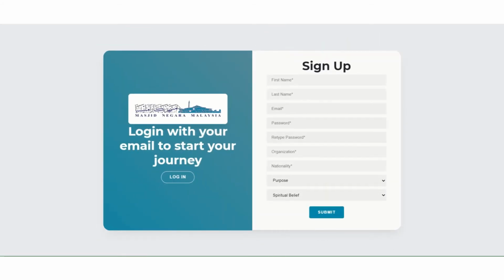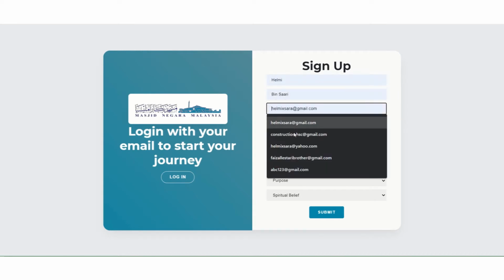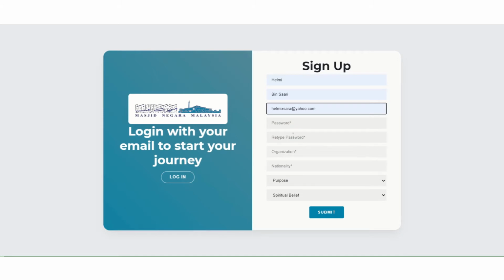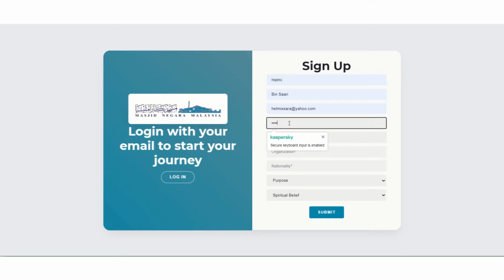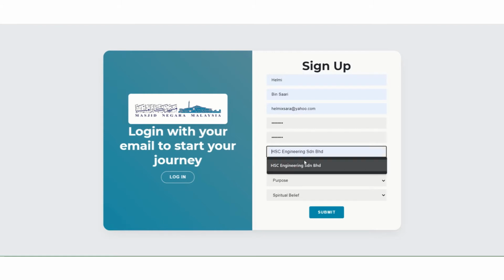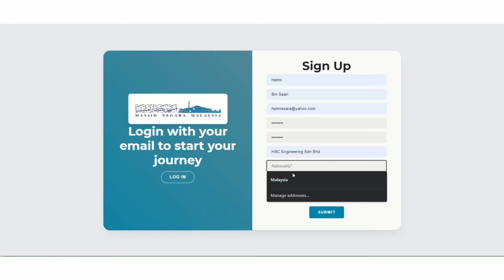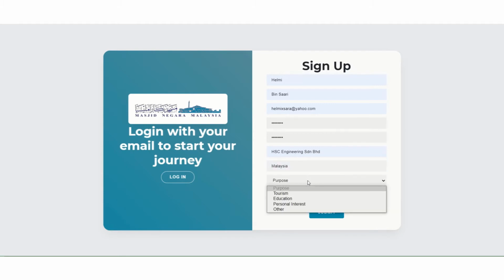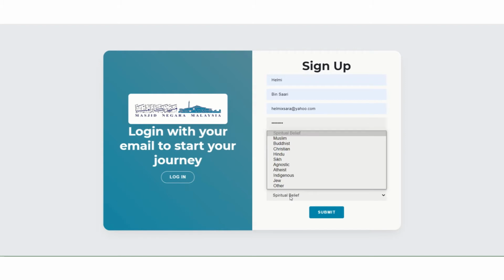Click on the register button and you will come to this second page, and you have to fill in your name, your last name. You can put in your email and you have to put in your password. Your organization is a sample here, and your nationality you can choose, and the purpose of your visit you can choose from here, or you can insert if you have any other purpose. And your spiritual belief you can choose from the list here, or you can choose other,